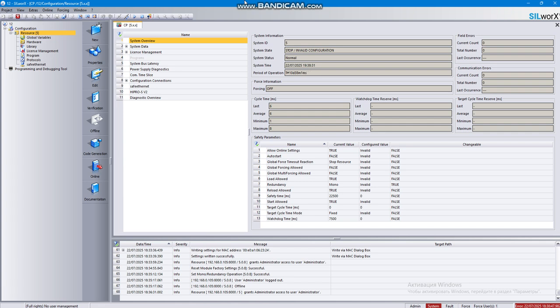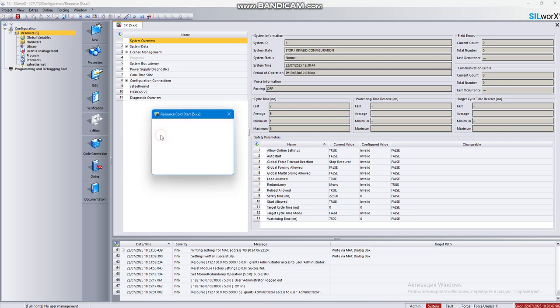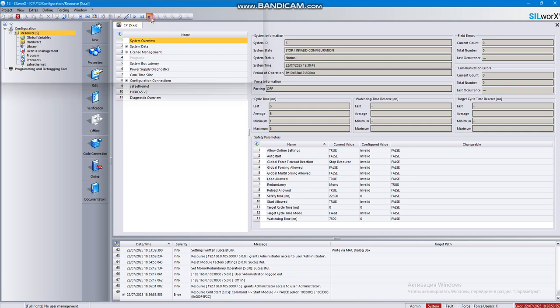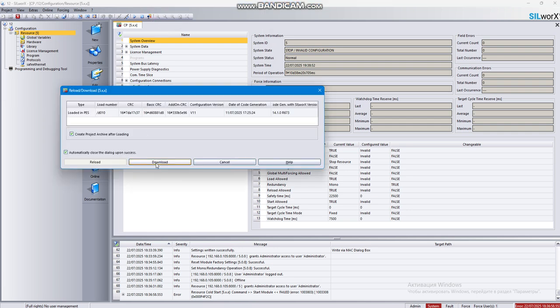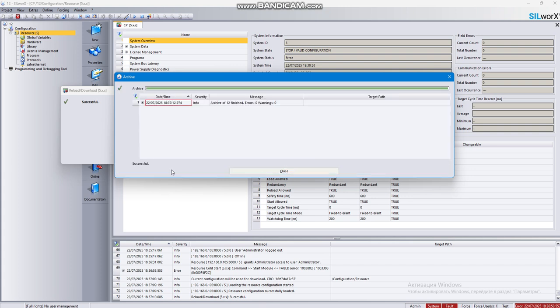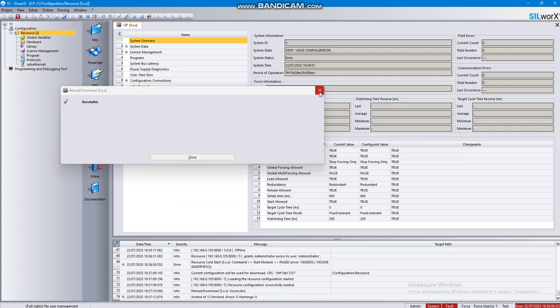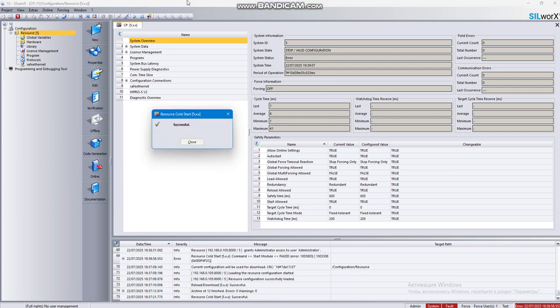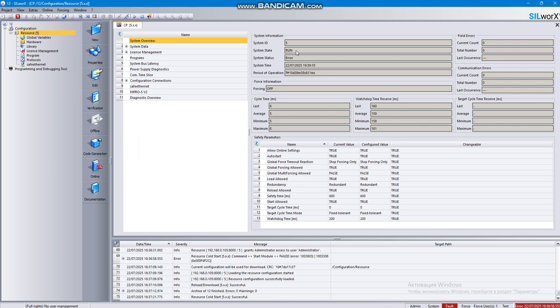There is no program inside. After that, if I pick resource extra, it will not work, because there is no software inside. Reload, download. Okay, now we can start the CPU. Yes, the first CPU is run, but there is an error because the second CPU is not